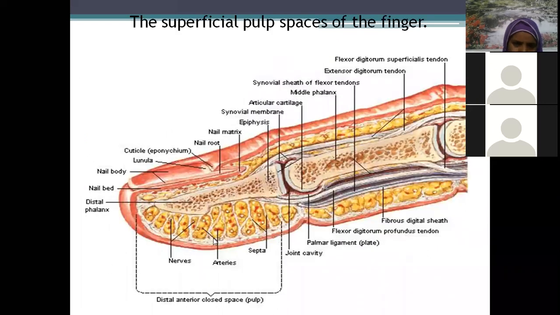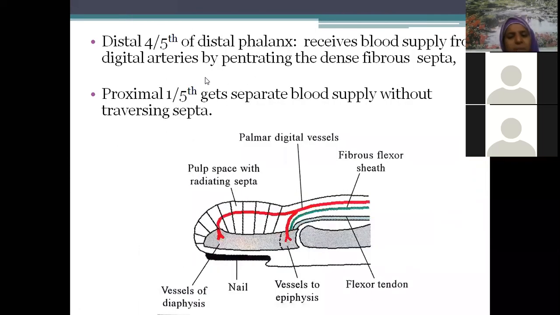So now you see here. See, this is skin. These are the fibrous septae, and this is the bone, and this will be the outermost covering, periosteum. Between the fibrous septae, you are finding all fat arranged in tight locules. This is called pulp space. Infection in this area is called Whitlow. You will see the spelling as we proceed. Whitlow can be a question. So see, I'll show you the spelling.